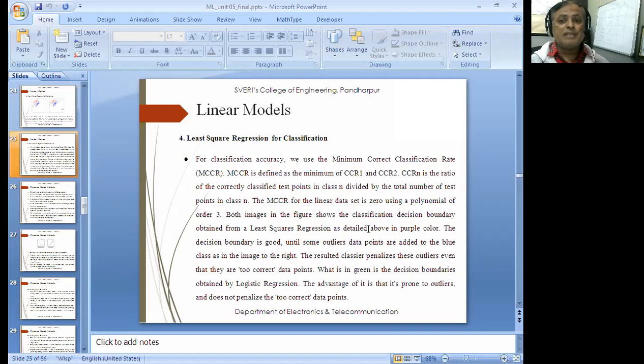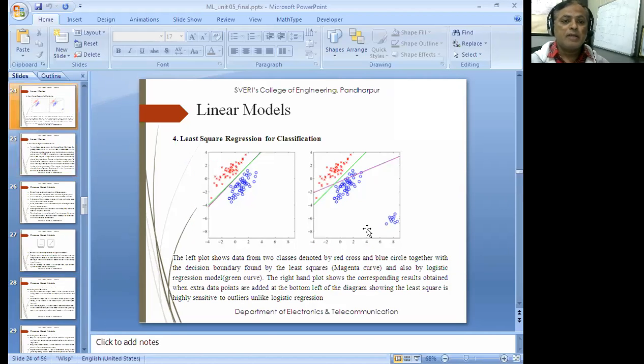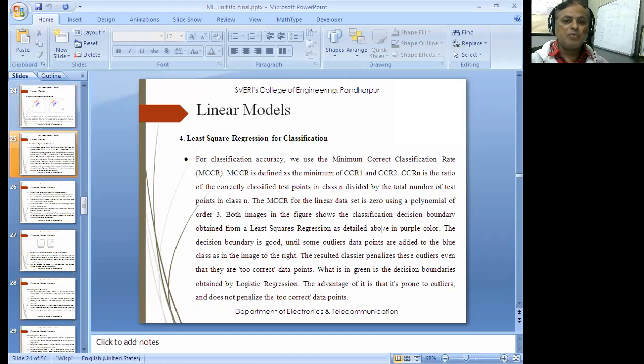What all these things mean is that what we have seen here is the same. When we do the calculation, it is done with two things: one is logistic regression and the other is least square regression. These are the points which are in the group, so it can easily classify. But as soon as we apply logistic regression and least square regression by adding some points which are a little bit outliers, at that time it is much more sensitive to those points, which is what is being seen here.